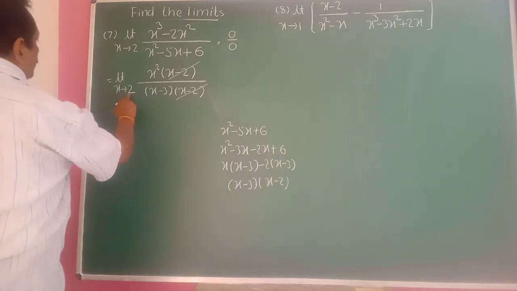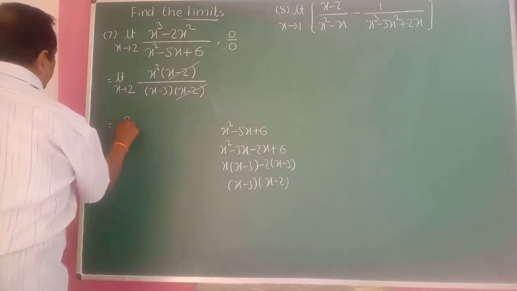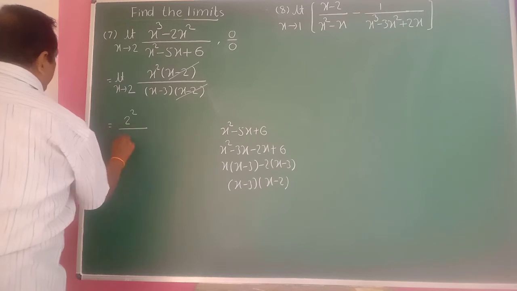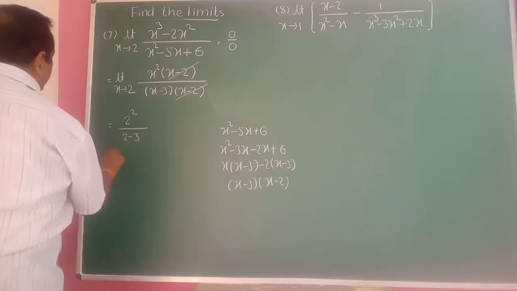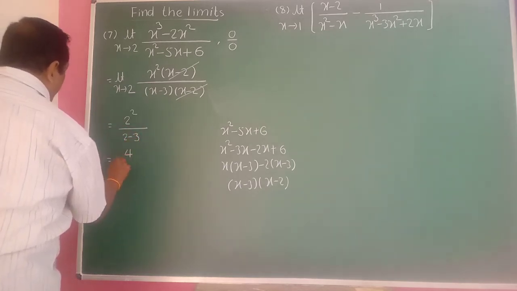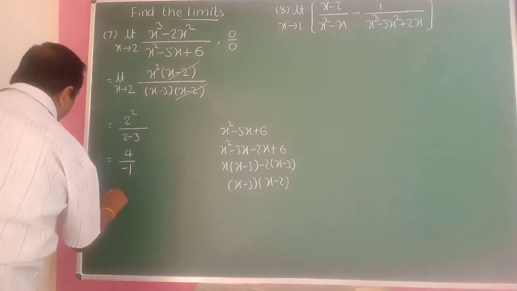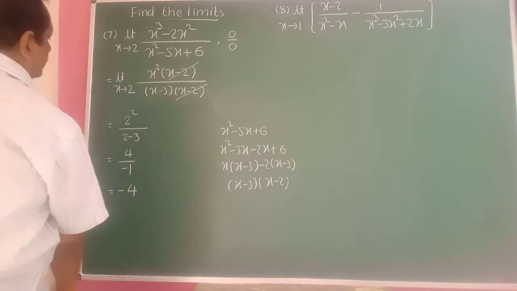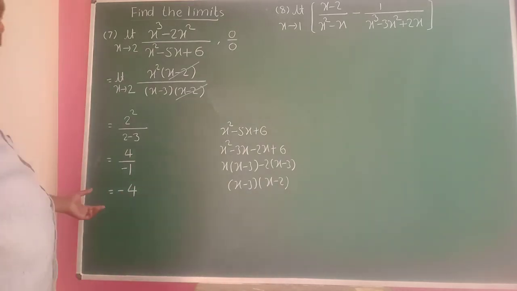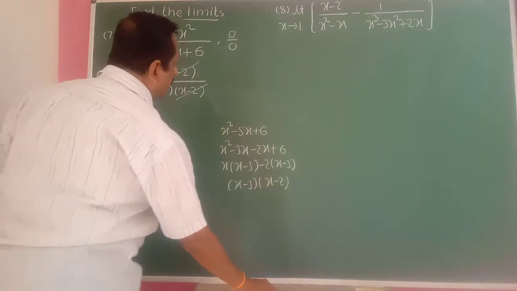Then put a 2. Therefore 2 square divided by 2 minus 3. 2 square is 4 divided by 2 minus 3 is minus 1. 4 upon minus 1 is minus 4. So minus 4 is the answer. It is a definite value. Okay. Next,